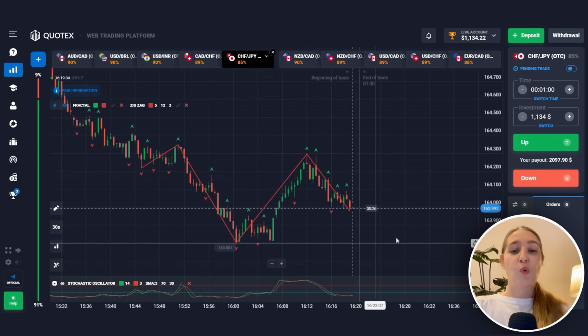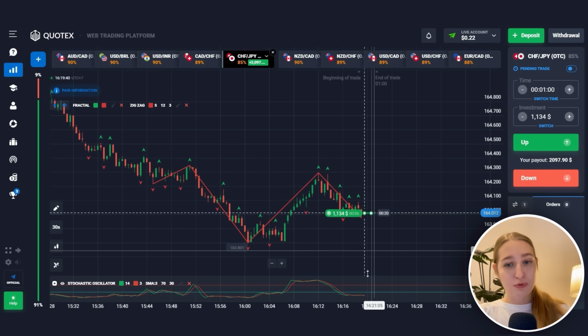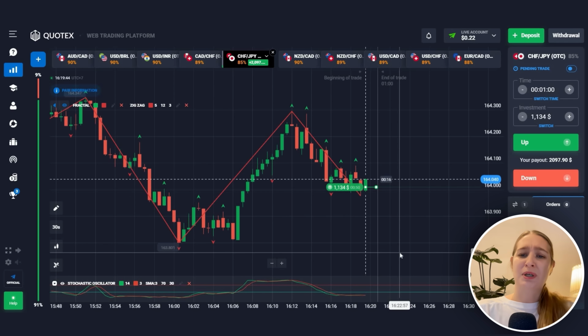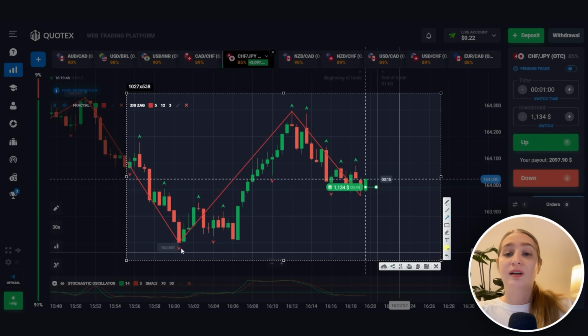Well, let's go to the pair of the Swiss franc and the Japanese yen. What do we have right over here? I'm going to consider the whole chart, and let's go with the green, and come on. What can we observe here? According to the stochastic indicators, the lines are starting to turn. In addition, it is worth saying that our price is starting to push away from the support level and